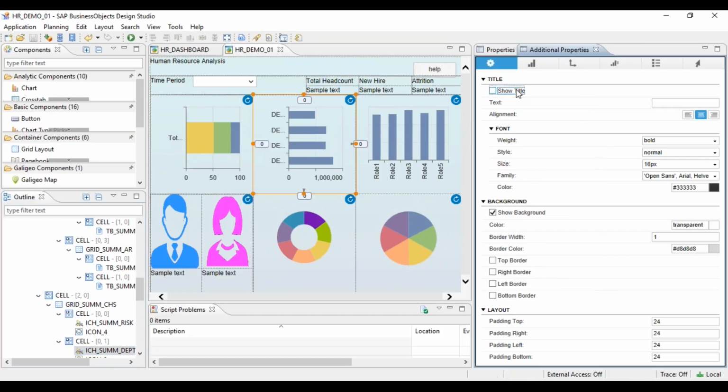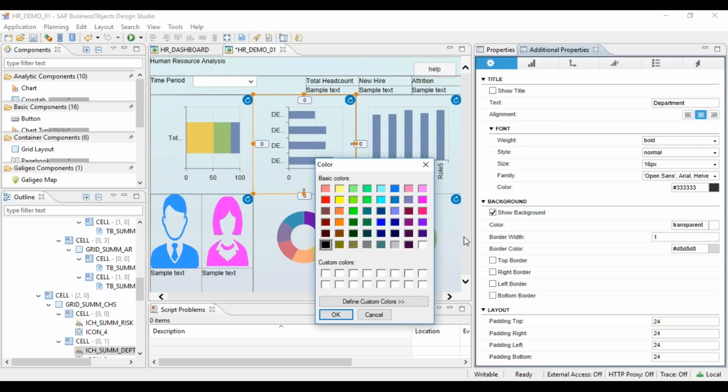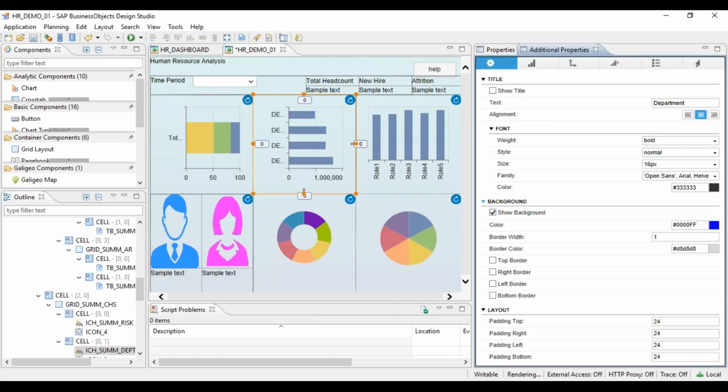If you want to display a title, we can display a title on the chart. It is immediately reflected. You can choose where to place the title and what its font is. If we want to show the background of the chart or not, we can select that. If we don't want the background, we can just remove it. And for the padding, we are leaving 24 pixels of space on every side. Instead of 24 pixels, we can say 5 pixels, so that it covers most of the chart area.